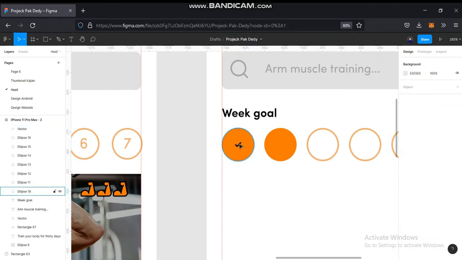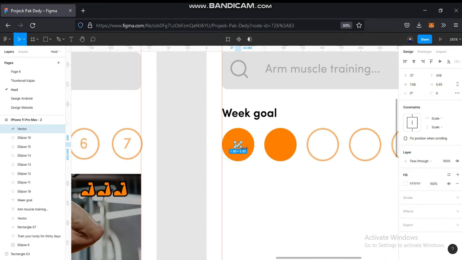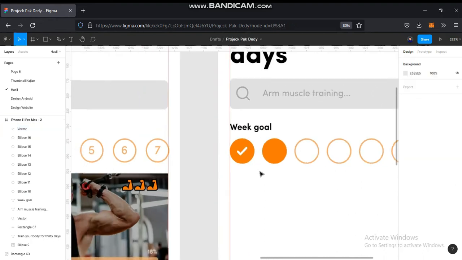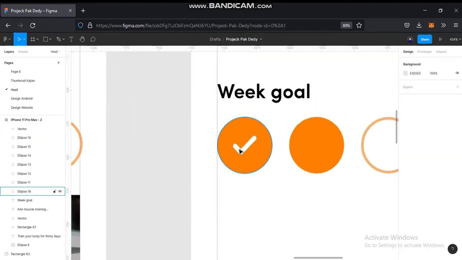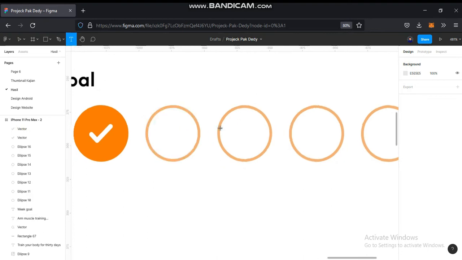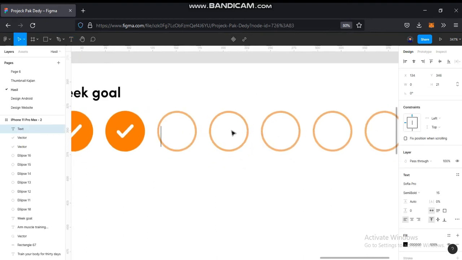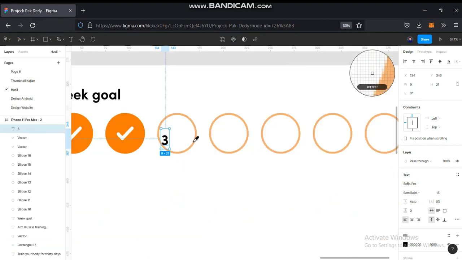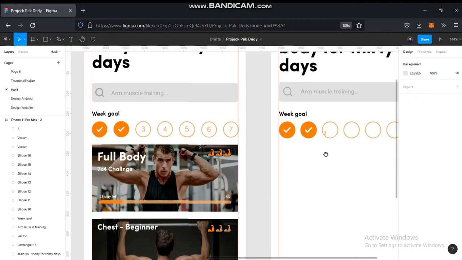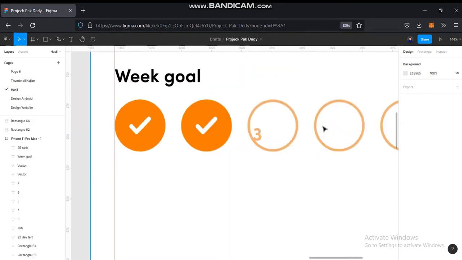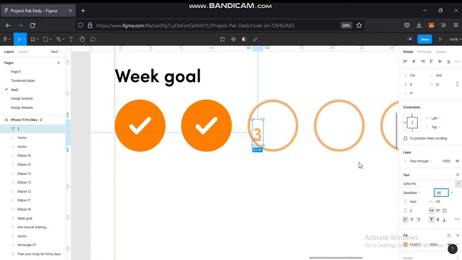and we change the color to white. We make the size a bit bigger like this. After that we copy this, nice, and we add the number in the 5 circles, 3. We copy the color, yes, the size is 20. We fit this in the middle like this,